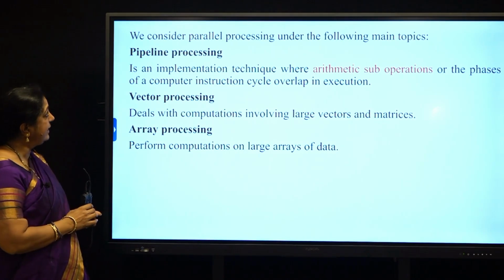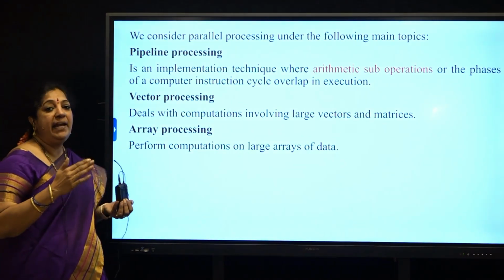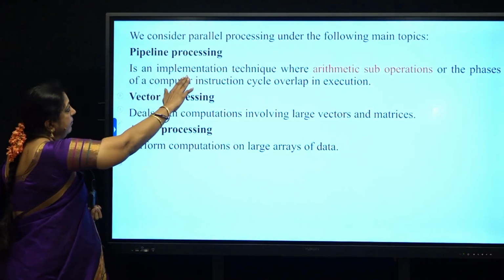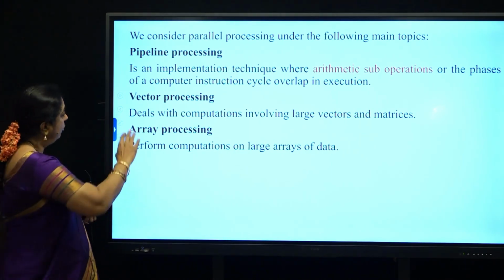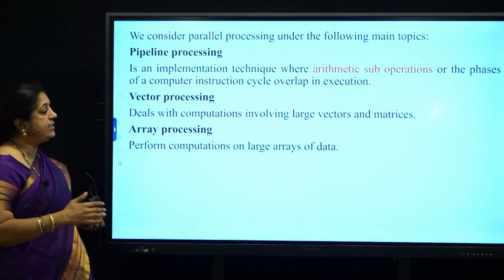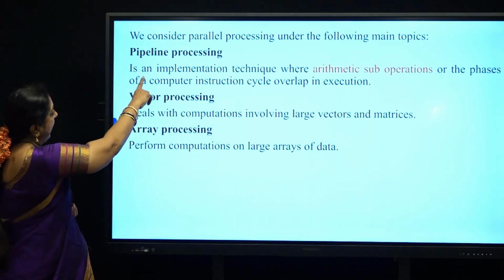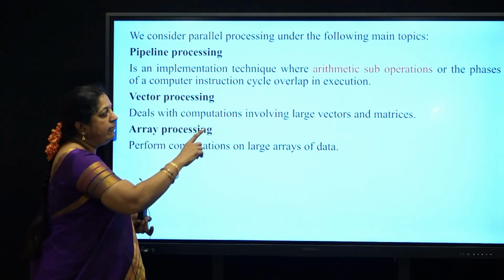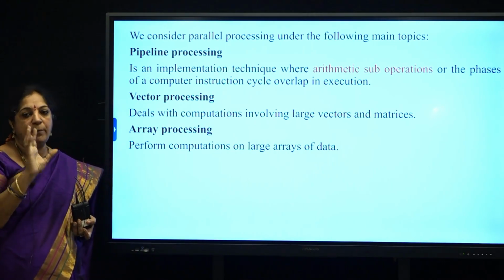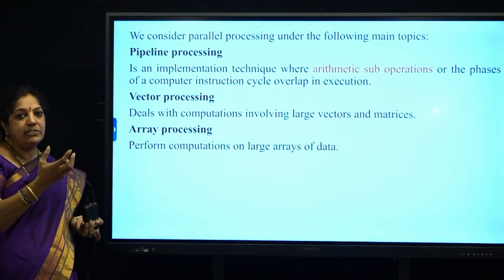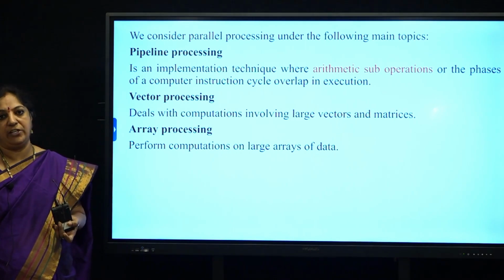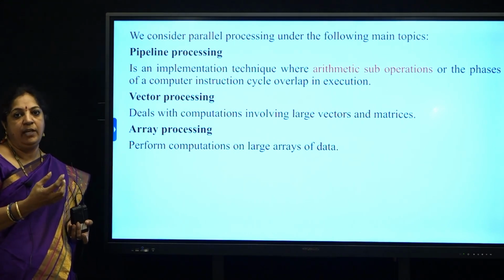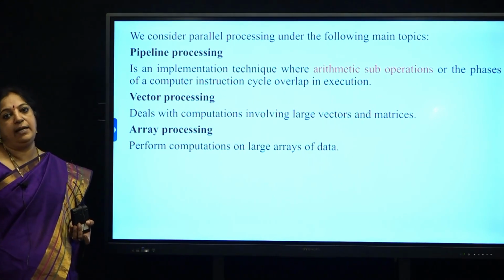Now let us see parallel processing. What are the main topics covered in parallel processing? In parallel processing we are having pipeline processing, the most popular, and how it is done. Vector processing. In pipeline processing, we are using an implementation technique where one instruction is divided into arithmetic sub operations, and based on the sub operations we construct the segments, and these segments are implemented step by step